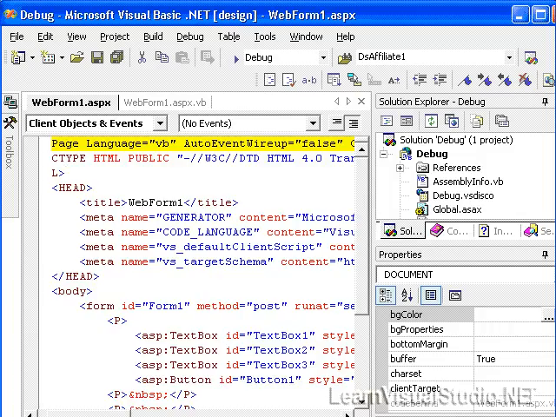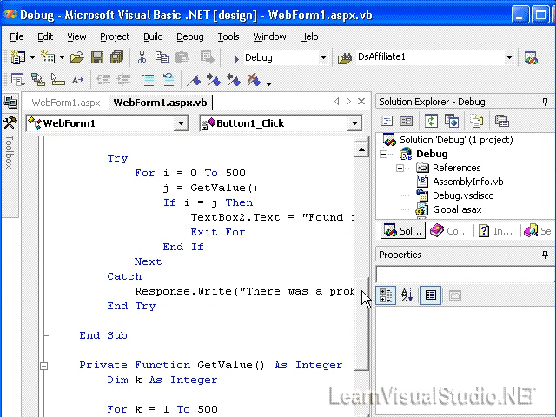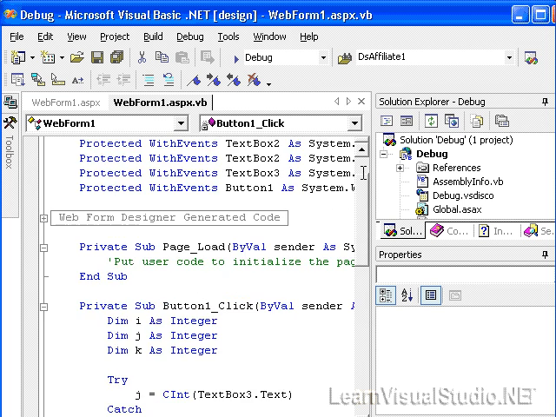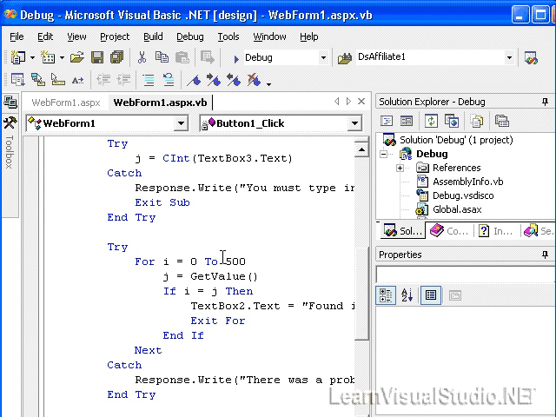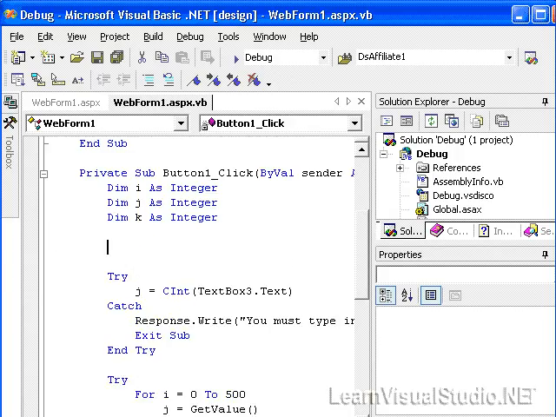So if you're as excited as I was the first time you saw this, you're probably wondering to yourself, great, this is awesome. How can I add my own information into that trace page? And I'm going to show you how. Basically, all you need to do is use the trace context object to do that. The trace context object doesn't require that you do any implements or anything like that. You should be able to use it straight out with your pages by simply going like this, trace dot